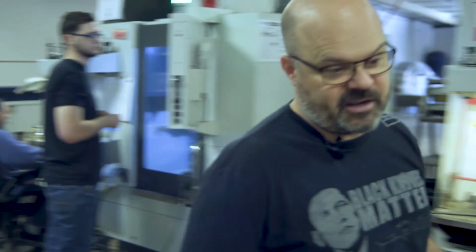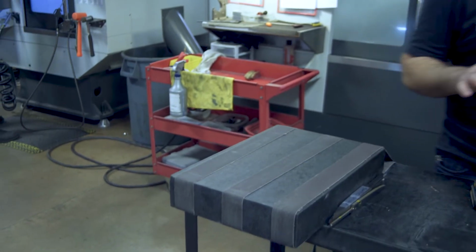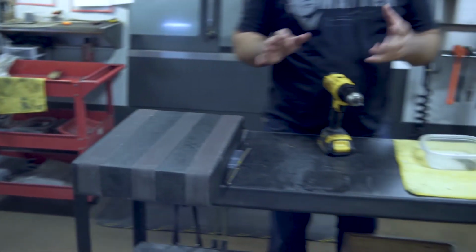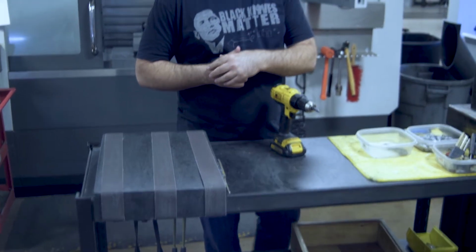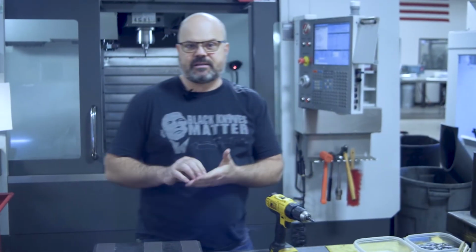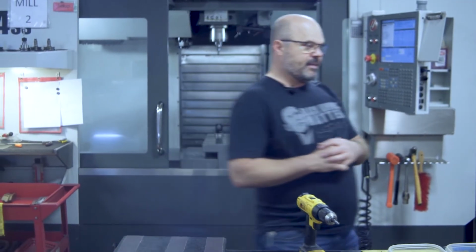Every single part when it comes off then has to get hand lapped to knock off burrs. It's got to get deburred. It's got to have holes deburred. All sorts of things that you can't really program into the CNC all has to get done to it before it leaves. You'll see us with razor blades cleaning out the spring slot from any burrs from the milling. And then over here,